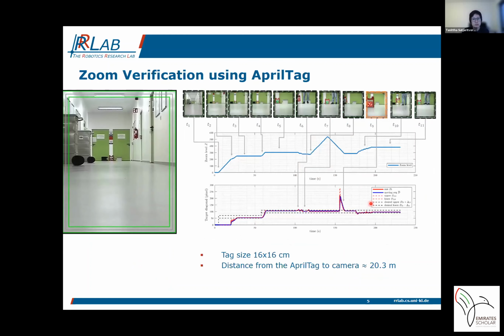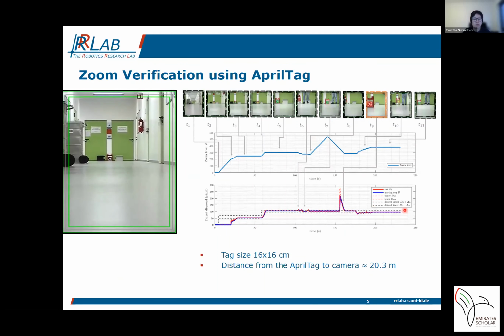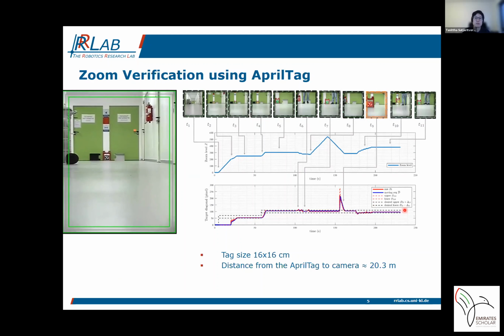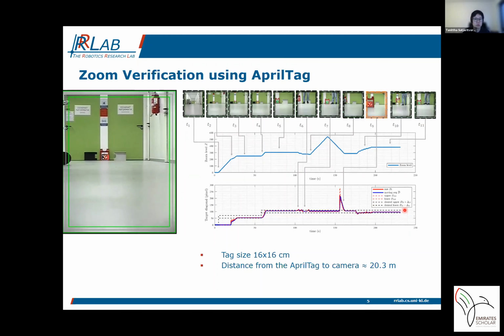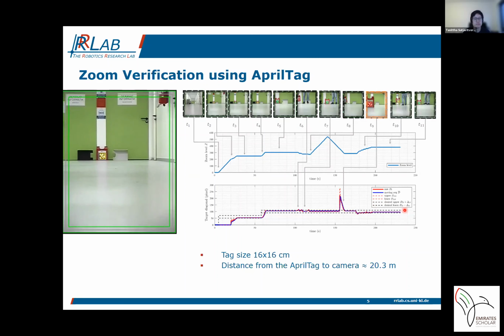And next is to make sure our zoom control works correctly. We verify the zoom logic controller by using an AprilTag as a reference target. Such a fiducial marker gives us a consistent and reliable input, unlike getting it directly from the object detector itself. Here the target size of the tag that we use is 16 by 16 centimeters. And the test was set up in the hallway, and both the tag and the camera were placed on